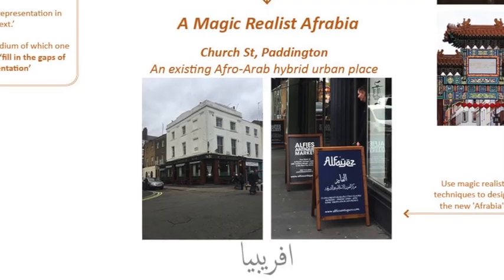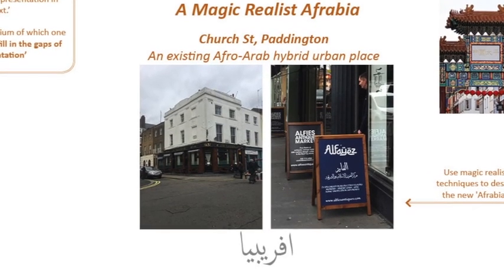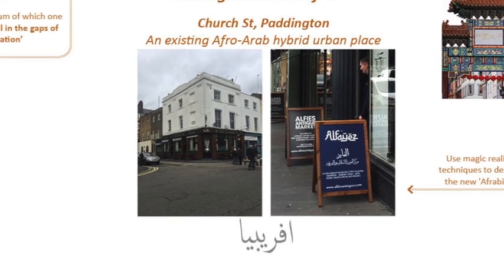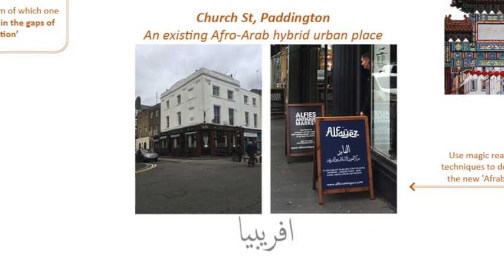And so going back to Church Street, Paddington at the bottom, I picked Church Street because it's just off of Edgware Road, and we all know that Edgware Road is like the Little Arabia of London. So it's already a hybrid urban place, but also because on Church Street you do have a small Afro-Arab community, and actually at the end of Church Street there's a building called Al Faiz, which is an antique store made up of many different